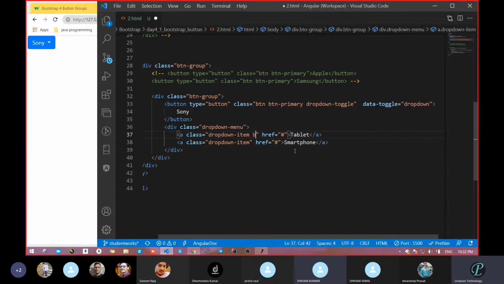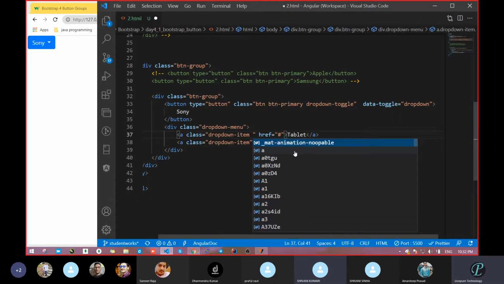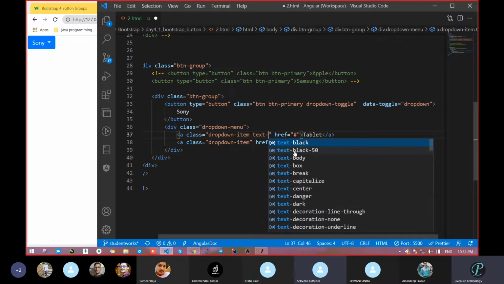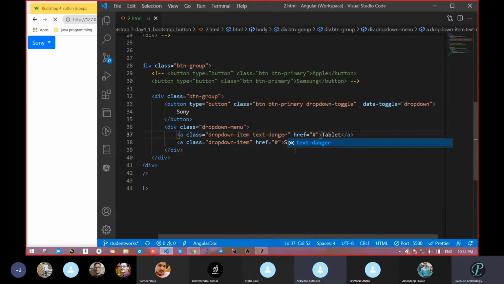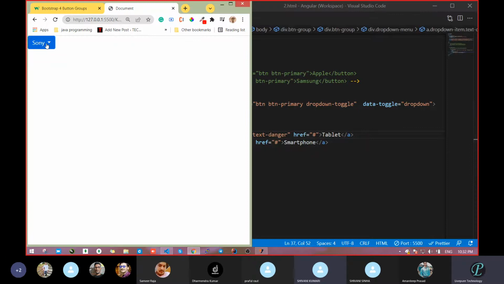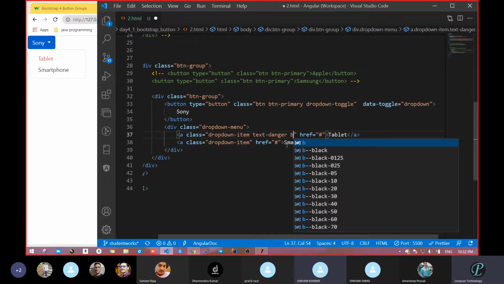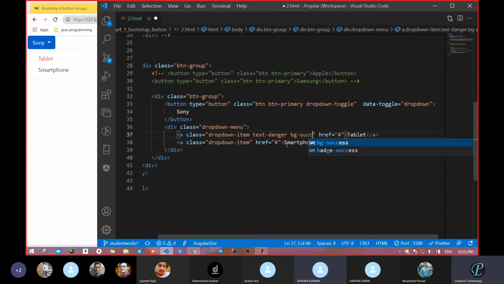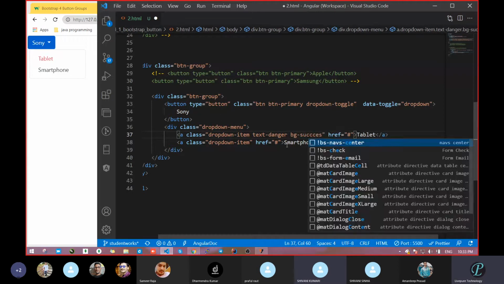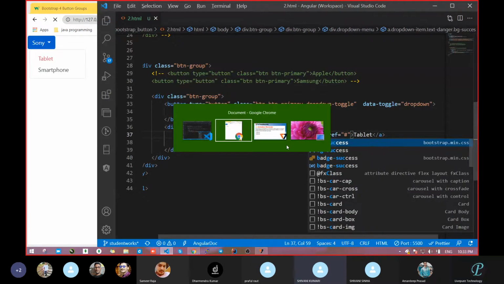So see, I want something like a text color. What I can do? text-danger. Let's see whether it is working. It worked. See, text color became red. I want some background color. Pass that: bg-succes. What are you thinking?